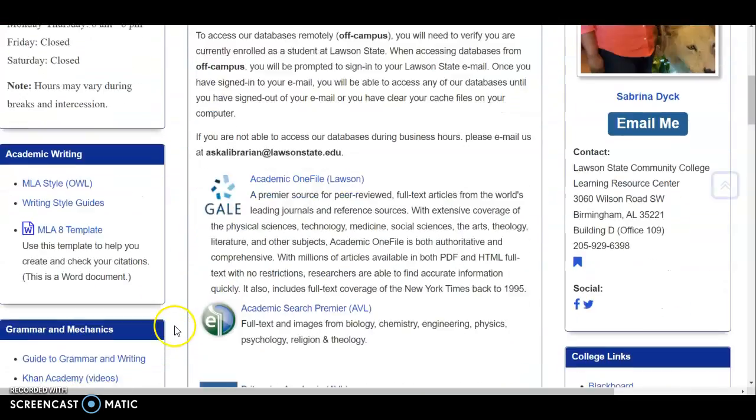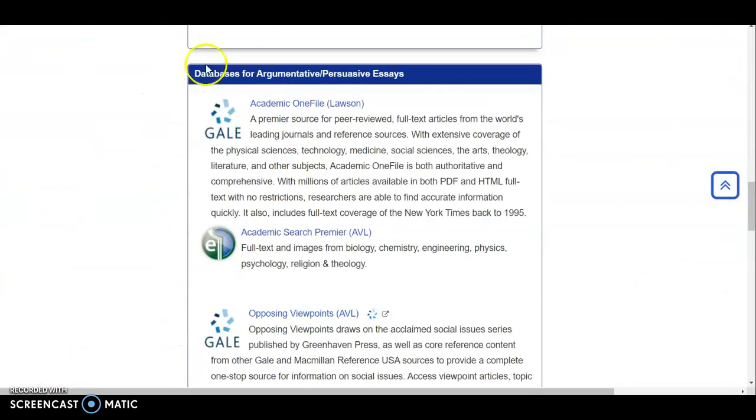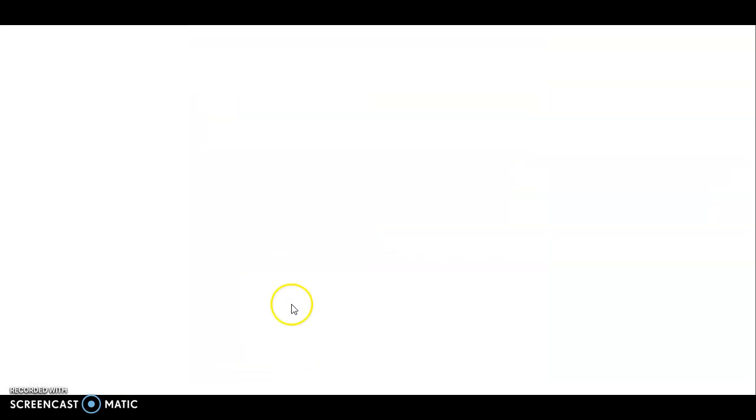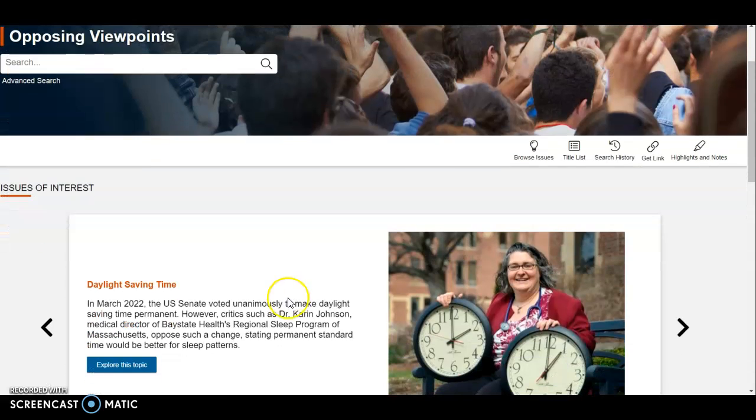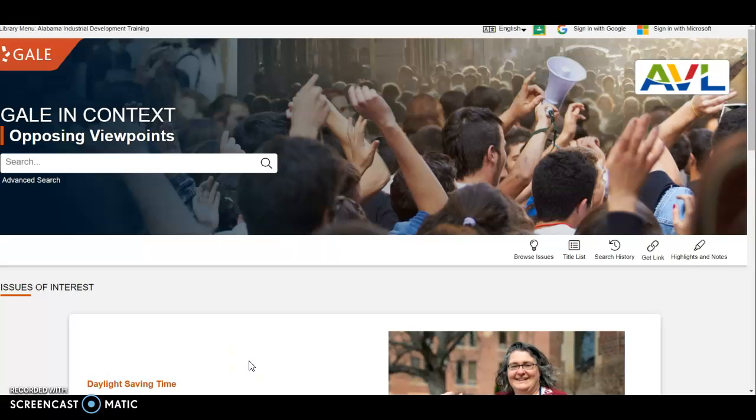So let's go back to that box labeled Databases for Argumentative Persuasive Essays, and we're going to click on the third link here titled Opposing Viewpoints. And we're going to come to the interface for Gale's Opposing Viewpoints, okay? Again, this is a great database to utilize because it breaks down a number of leading issues, topics that are up for debate, and it presents either for or against, or the pros or cons of that particular issue or